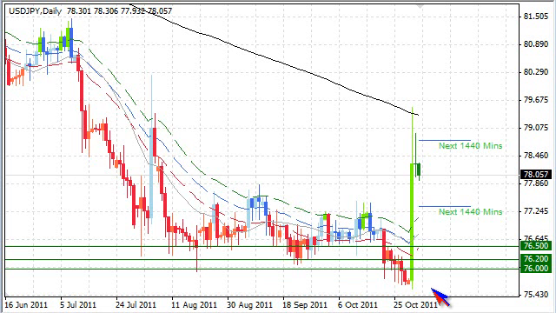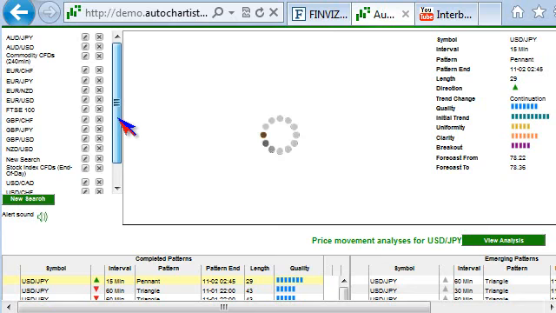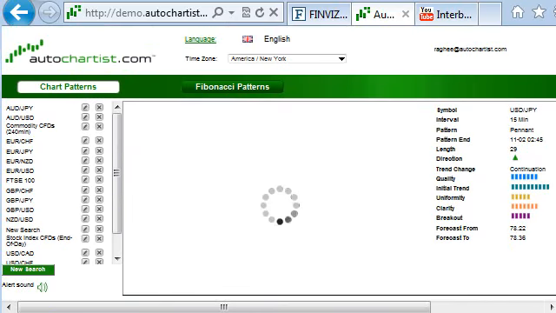So how do we take something as subjective as the fact that we're on a longer term time frame, therefore means more risk? I think the easiest way to identify a lot of that risk is to look at the tendencies of that time frame. And for that, let's hop on over to the power stats. So I'm looking for the dollar-yen search results here. I have my search results, and by the way, this is the AutoChartist platform.